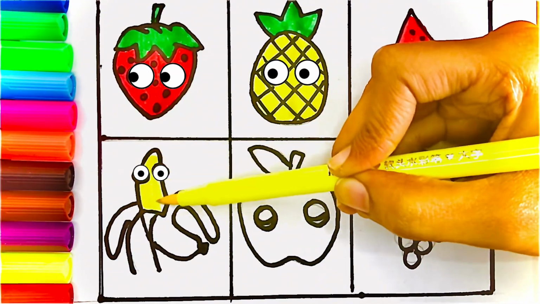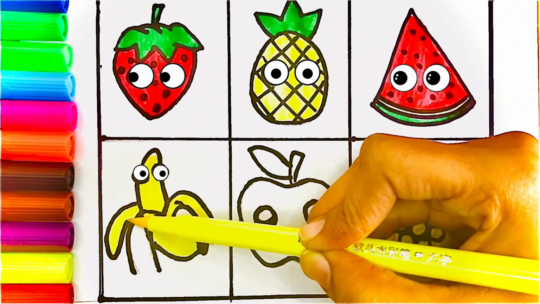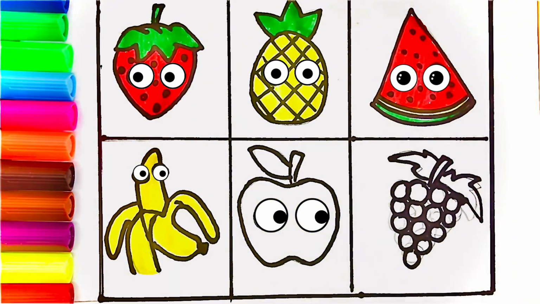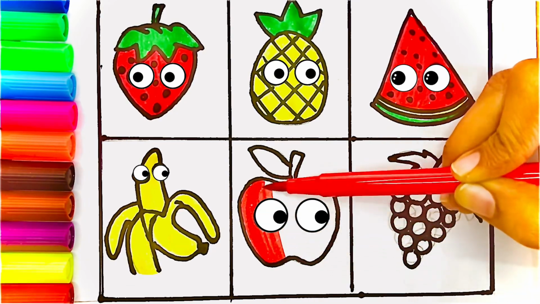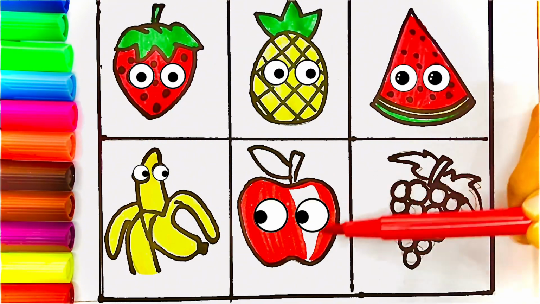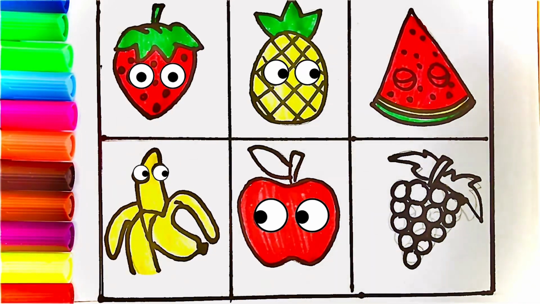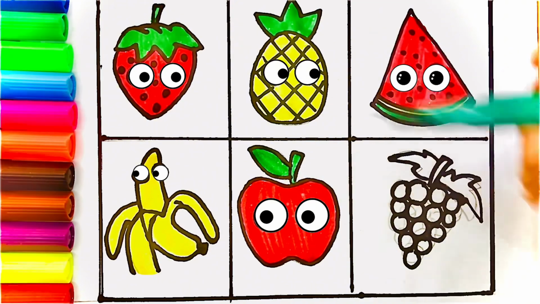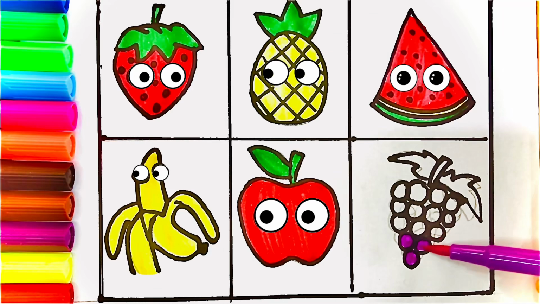And the fourth is banana. And you know, there's yellow color in banana. And the fifth fruit is apple. You know, apple is also in green color, apple is also a red color. So I take the red color and green color is in the leaf. And in the last, in the grapes, I